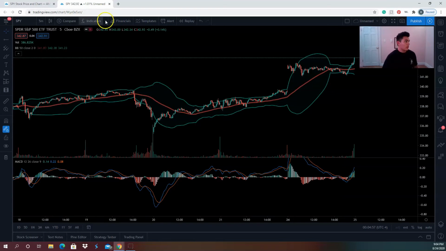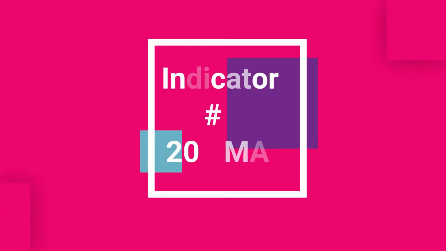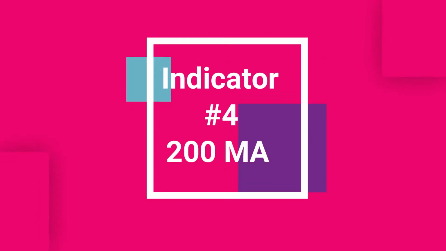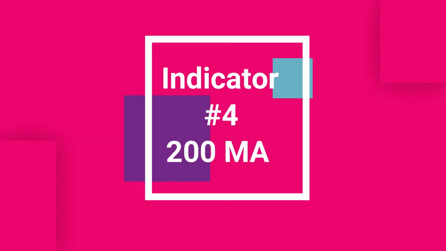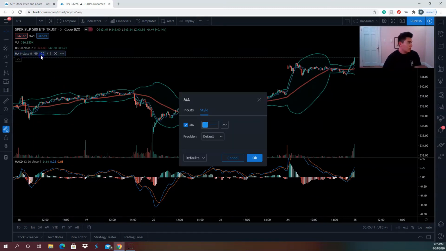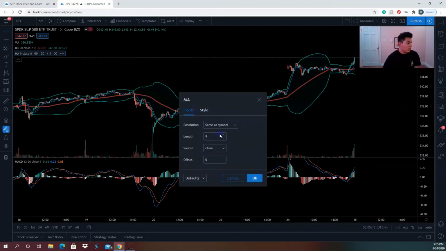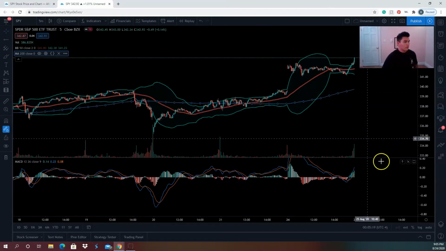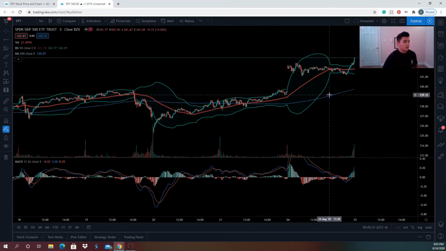So next we're gonna be adding the 200-day moving average, and for that we just go to moving averages or moving average. So we're gonna add the moving average, and I added 2 by accident, so I'm just gonna add 1. So I'm gonna go to the settings, I'm gonna go to inputs, and here I'm gonna type in 200. Okay, so now that I have the 200, I like to make it a nice thick yellow line, just so